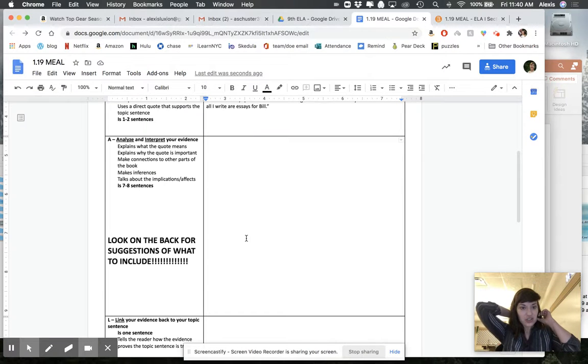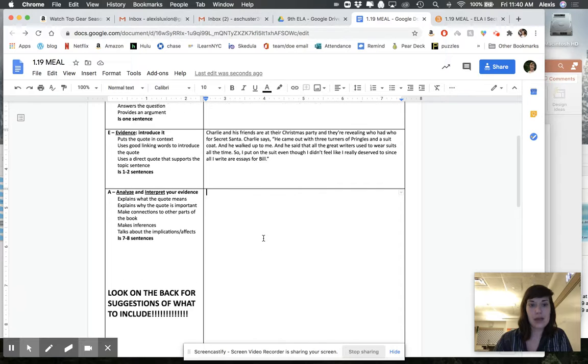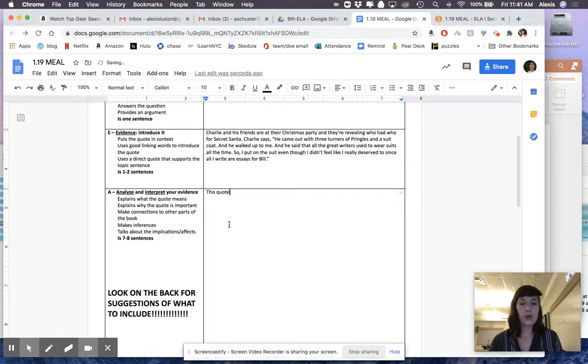So I have a bunch of stuff I have to do in this part of my paragraph where I'm analyzing and interpreting. And the first thing on the list is I need to explain what this quote means and why it's important. So sometimes those two can be in the same things, but I'm going to start with what it means. So this quote means, let me think for a minute. This quote means,